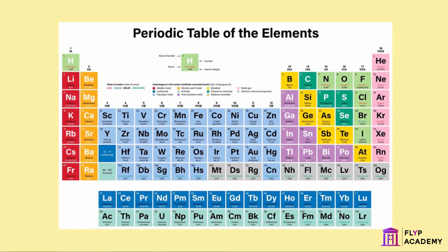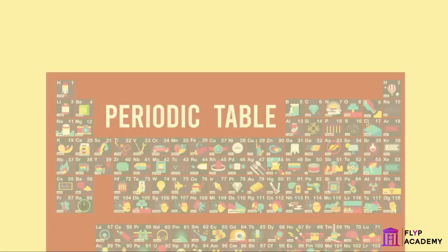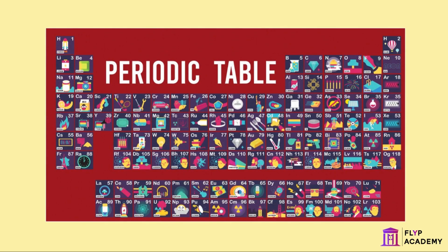In today's lesson, we will talk about the periodic table and its development over time. The periodic table contains all the known elements in a logical order of the atomic numbers. There are groups, columns, and periods, rows. The column numbers indicate the number of outer shell electrons, and the row numbers indicate the total number of electron